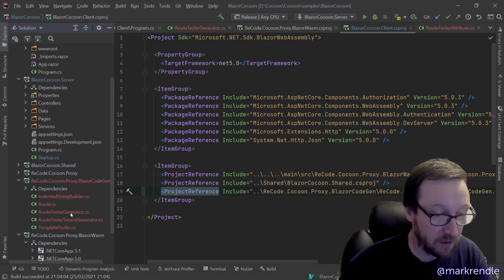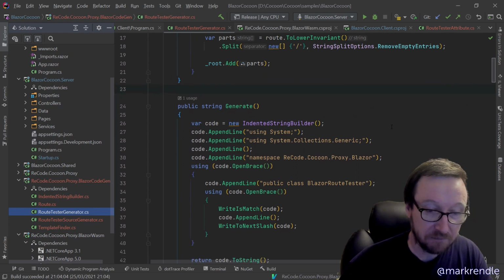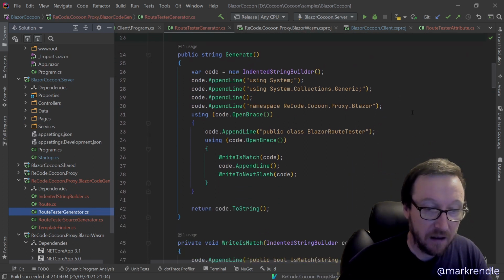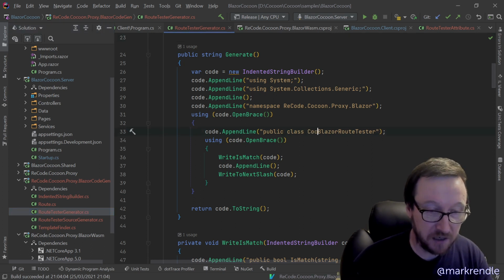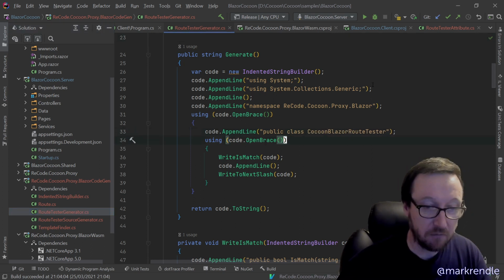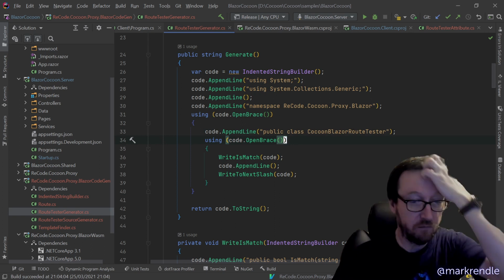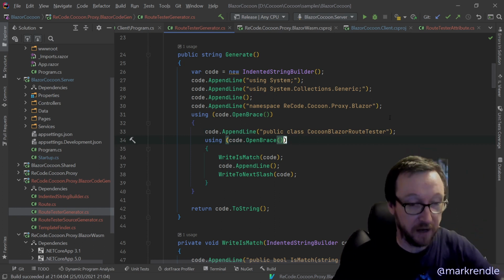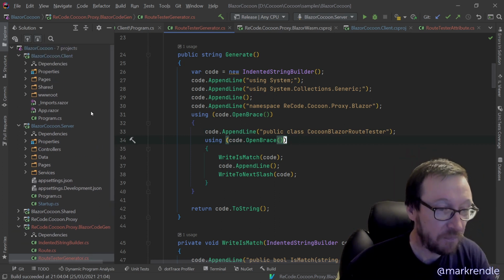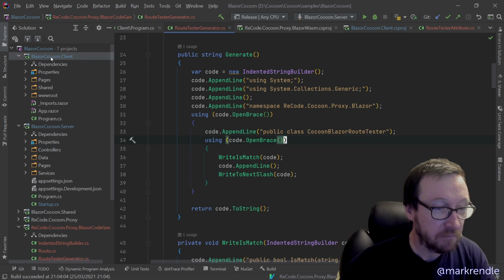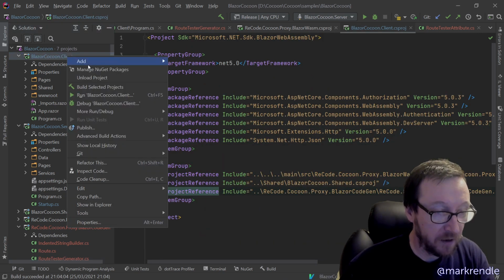And so if I go to my router tester generator, and in here, I'm going to just change this so it generates a class. So reco.cocoon.proxy.blazor public class cocoon blazor root tester. Okay. And so now when I build this,